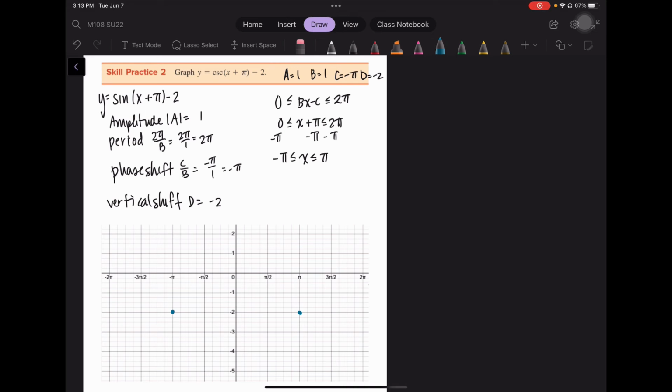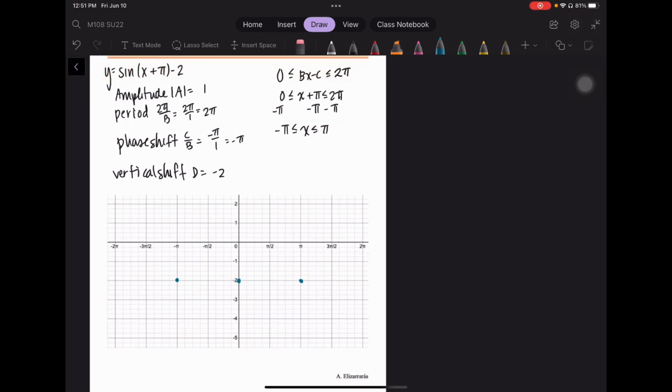Sine crosses through the axis normally from 0 to 2 pi at pi. So from pi, I can go pi back and 2 down. That's normally where I would cross through the x-axis. Halfway between these points, I need to be obtaining my maximum and minimum values. Sine typically obtains its maximum first as the graph increases, then it goes through 0 and decreases. I'm going to have my maximum then at negative pi over 2 and negative 1,